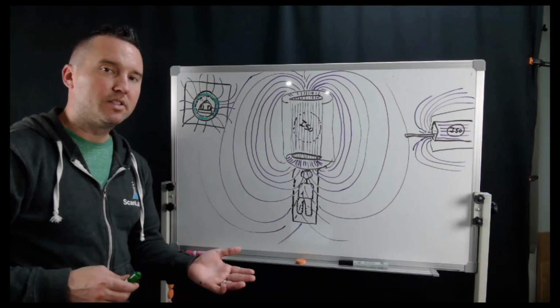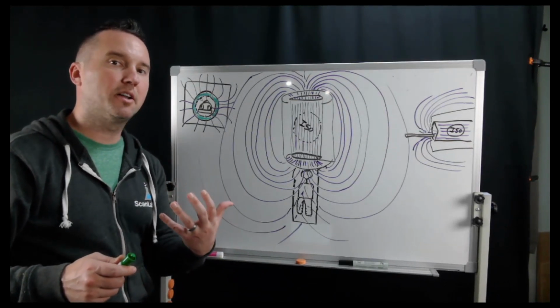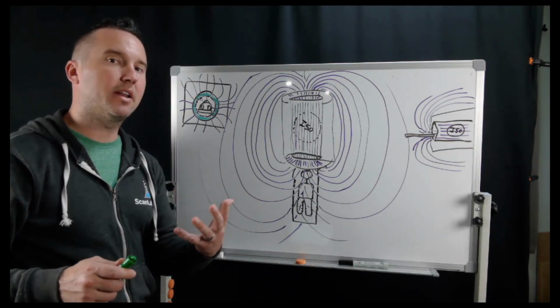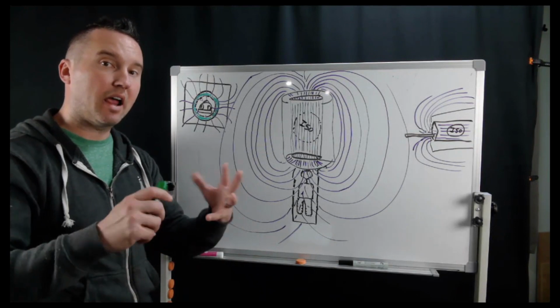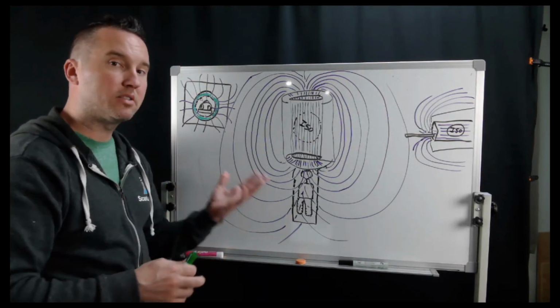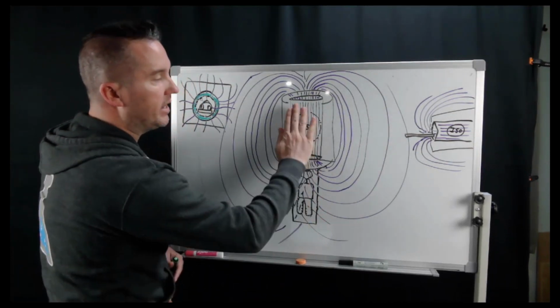Hi everyone, this is just a quick video to show you all the things that could be acting on a patient while you are scanning them or putting them into the scanner. We refer to the scanner area, the MRI scan room, as zone 4. So if we have a patient that's on the table here and they're going to be going into the bore